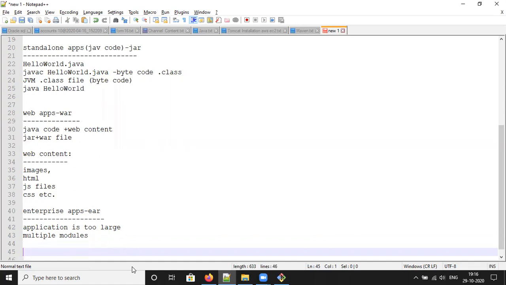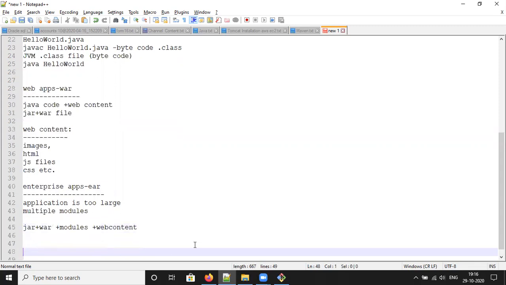Here it contains jar plus war plus ear file plus modules plus web content. That is the enterprise application, and we will explain each one clearly at a later point of time.